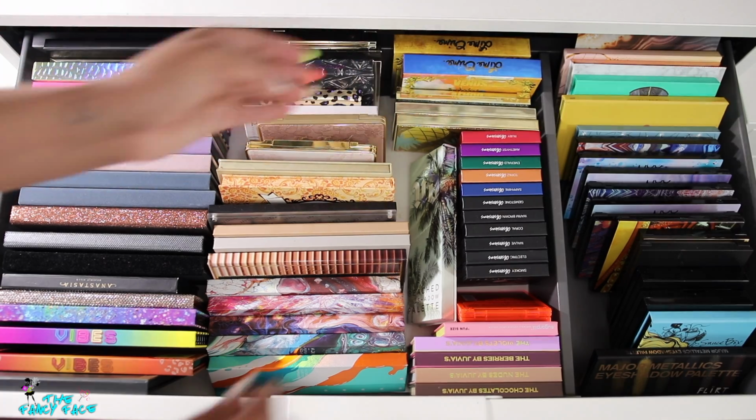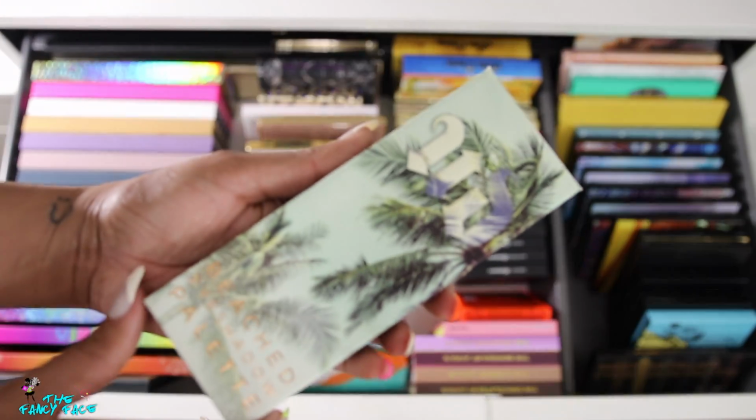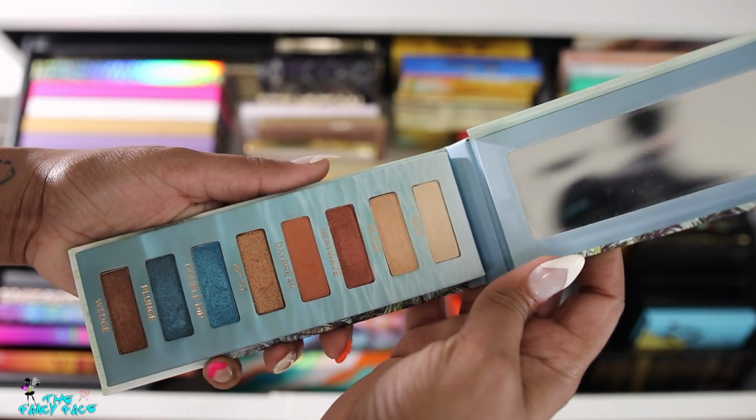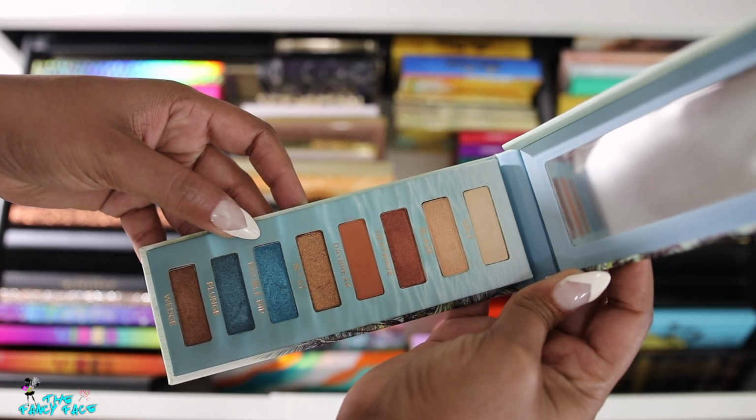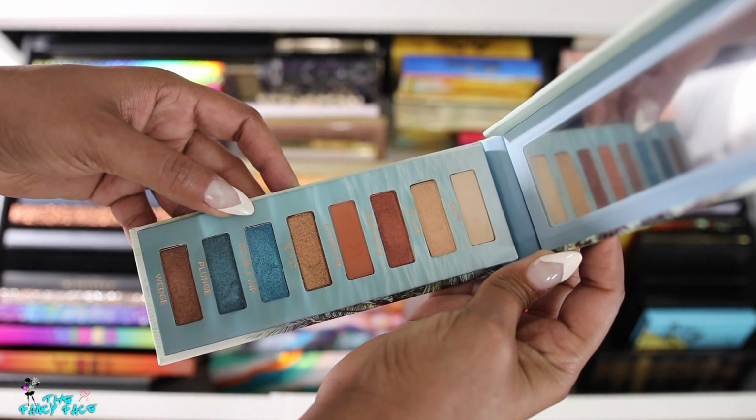Then I have my Beached eyeshadow palette from Urban Decay. This is a pretty nice palette as well. These shades, stunning. I didn't even really use this though, but